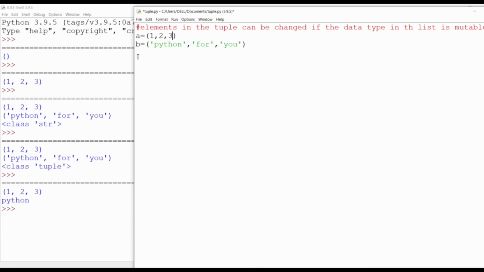Here I will create a list also in this one. To create a list, we just need to open the square braces and enter the data.